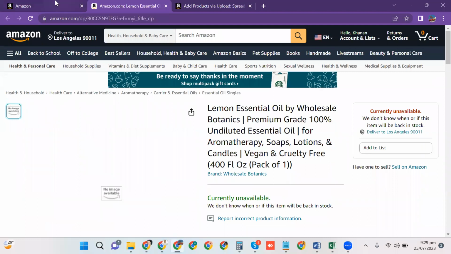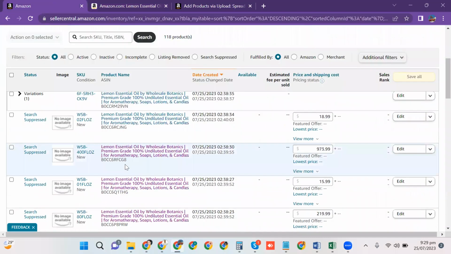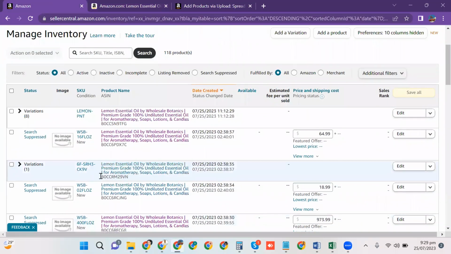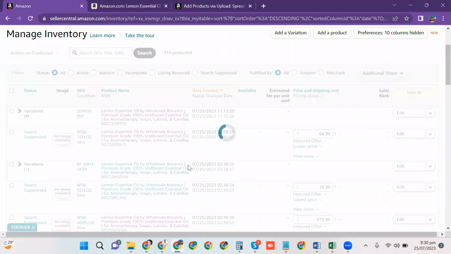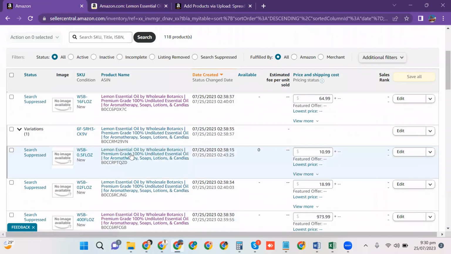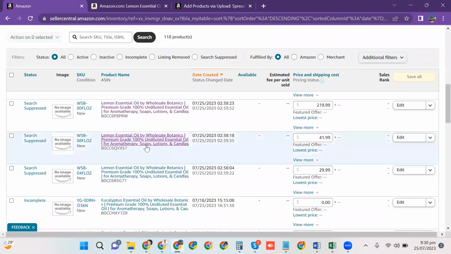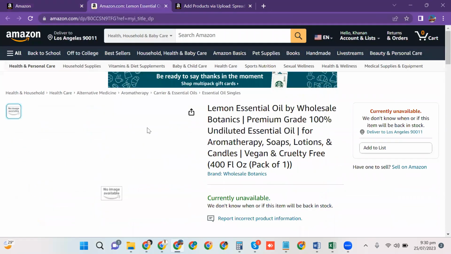So as you know, we are facing an issue when we are creating variations. Sometimes in the size variation theme, we choose add variation and size, but we get an error. This is because we are using a method called manual variation creation. So now let me show you why